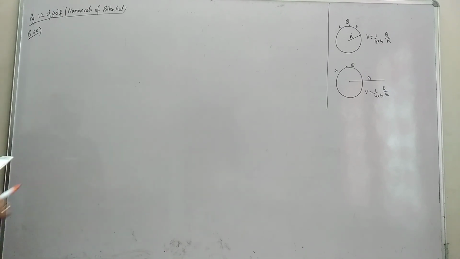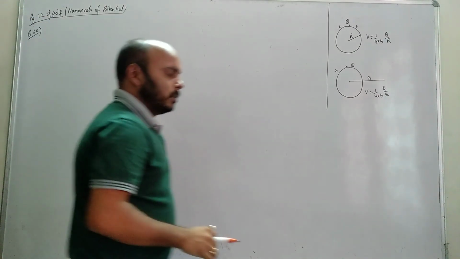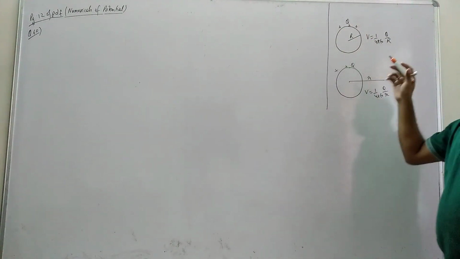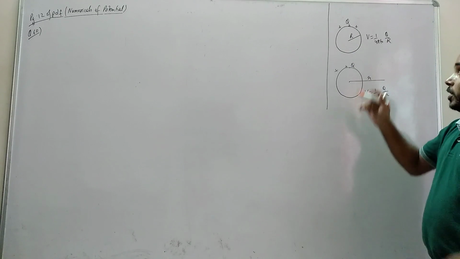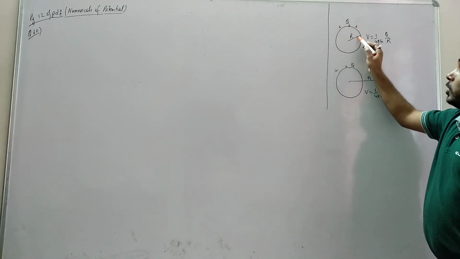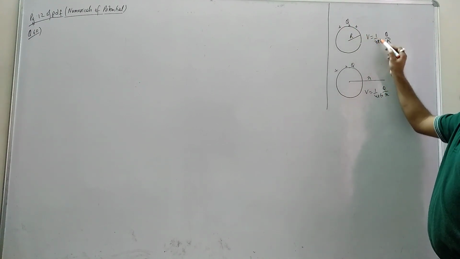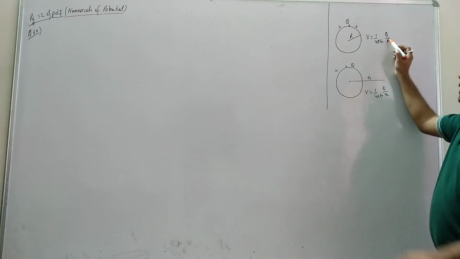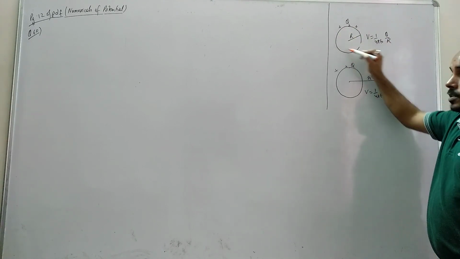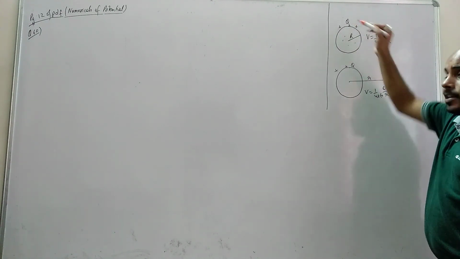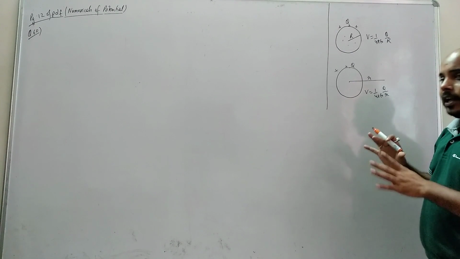In question number 16, before going to the question, let's talk about few things which you already studied. Okay, like due to a conductor, a spherical shell, that is a hollow sphere, where the charge is on the surface and the radius is r. Potential on the surface is 1 by 4 pi epsilon q by r. This is studied in the capacitor chapter, right? This is the potential on the surface. And we also know the same potential is acting everywhere inside the shell, that is the hollow conductor, right?